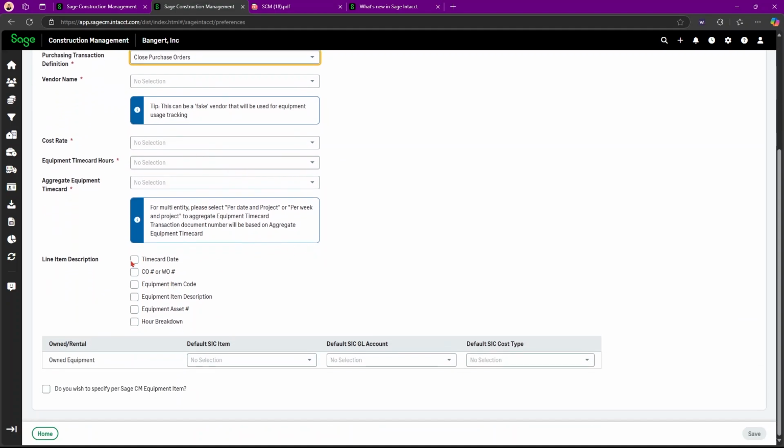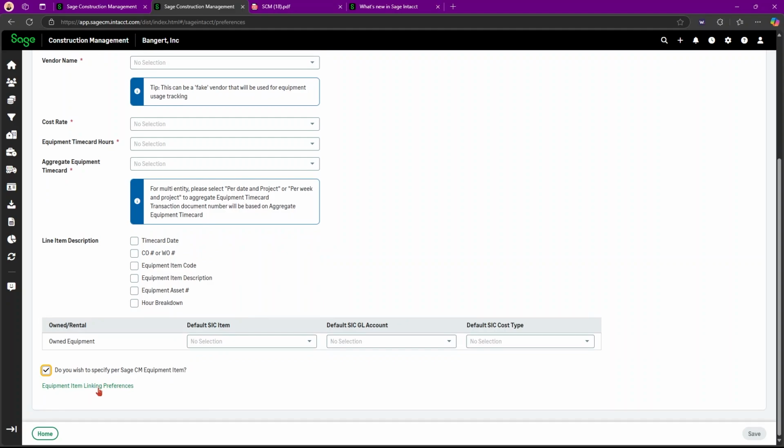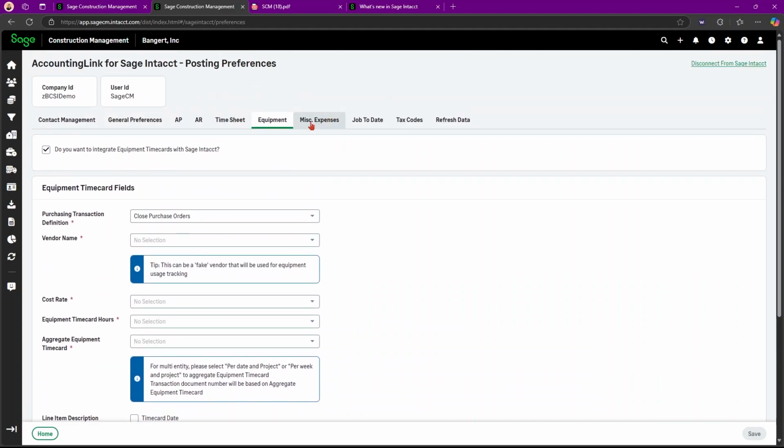Then the line item descriptions, where you can select your default Intacct item, default GL account for Intacct, and default cost type. Then you can also specify per Sage CM equipment item, which will give you the item linking preferences right here.